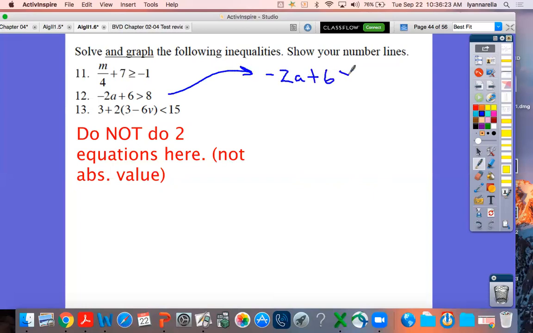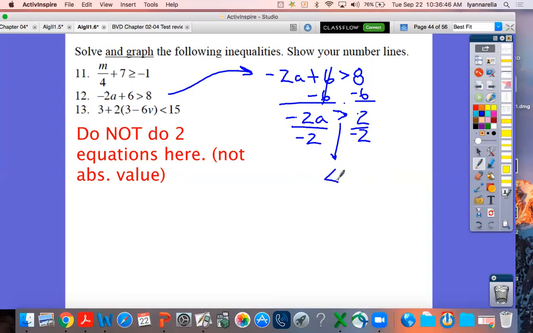-2a plus 6 is greater than 8. So if I subtract 6 from both sides, I get -2a, the 6's cancel, is greater than 8 minus 6, which is 2. Now notice what I have to do here. I have to divide by a negative. So when I divide by a negative, that turns this sign around. So now this goes the other way and I get 1a, because -2 over -2 is 1,